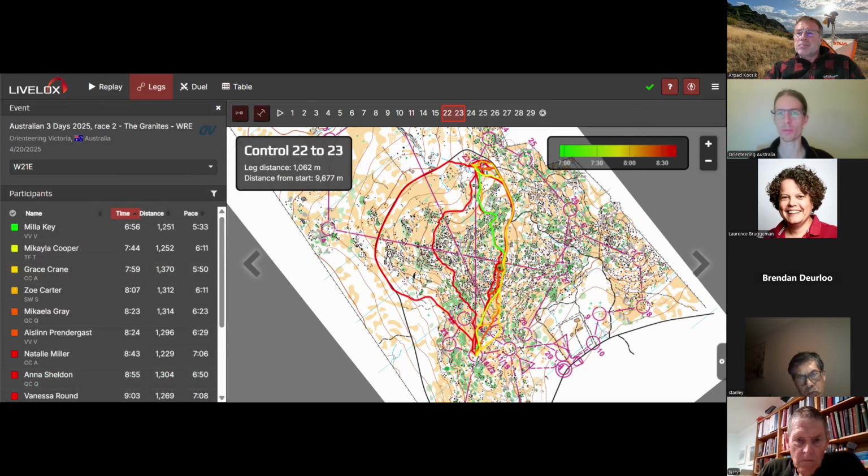So with the breakdown of all this information that Livelox gives us, we can work out what was the right route. And maybe it's dependent on your skill level, if you're a faster runner, navigator, but it gives us a general idea which is the safer, the quicker route to take, and by how much, according to how fast someone's running, how long they're taking, and then we work out the overall time. So this is the main feature for the legs option. Does anybody have any questions about that?